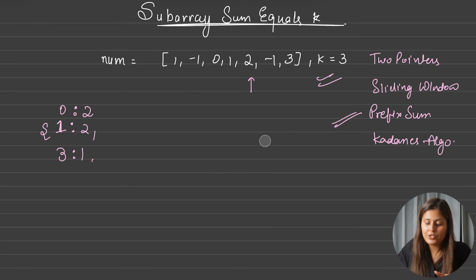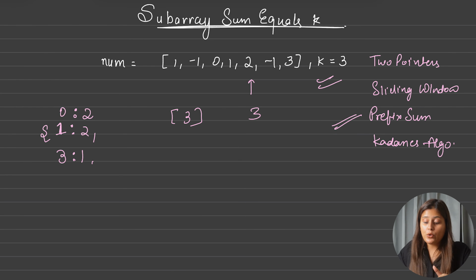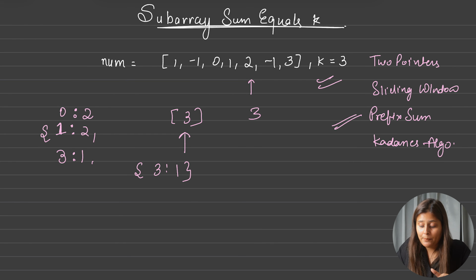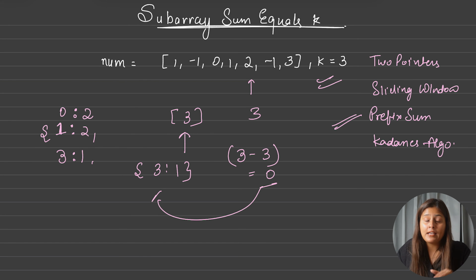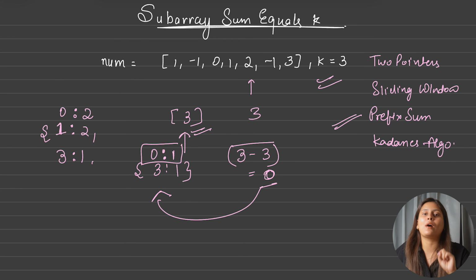Now let's say initially we have only 3 as a subarray and we were looking for 3 also. So in that case how would you look? In the map you will add for 3 I have 1. So when you will do this prefix sum 3 minus this k 3, it will become 0, and in the map you don't have anything. That is why it is very important to initialize your map with 0 key and the frequency count 1, so that whenever you find a single subarray also, that difference 0 will be present inside the map saying yes, at least there is one such key present.